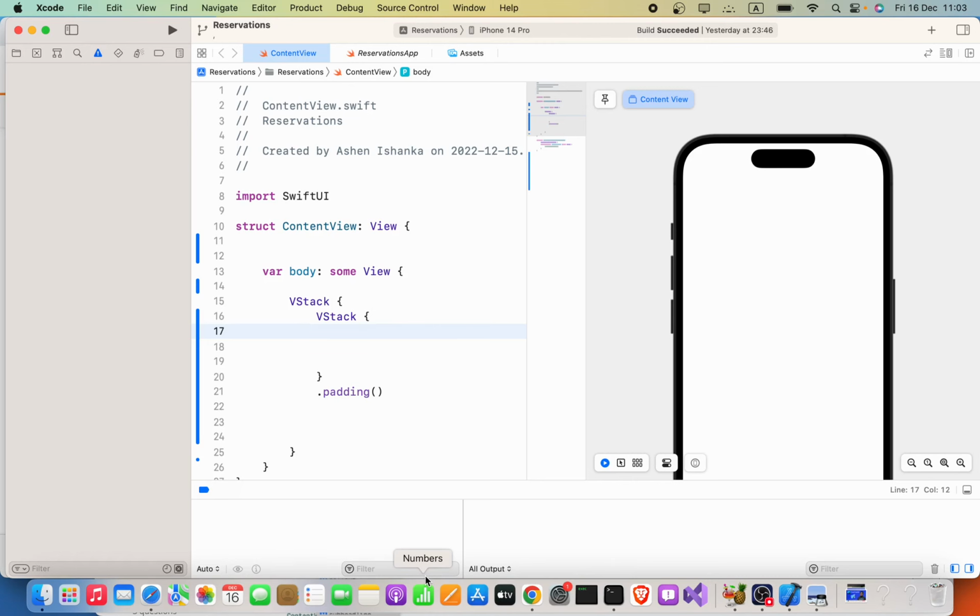Hello guys, in this video you will learn how to change font color and also background color of a text or maybe another element. Now I'm going to say Text element. This text will contain some text, let's say "Hello World",